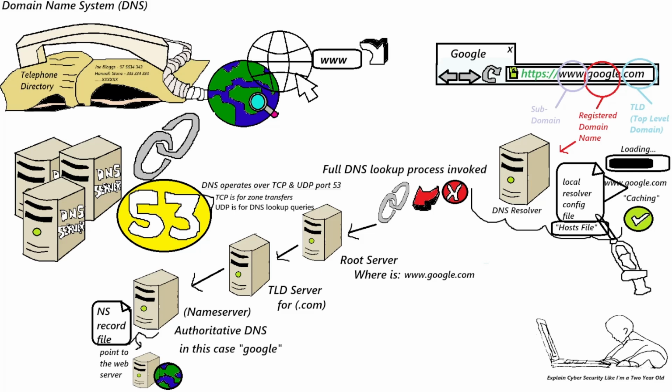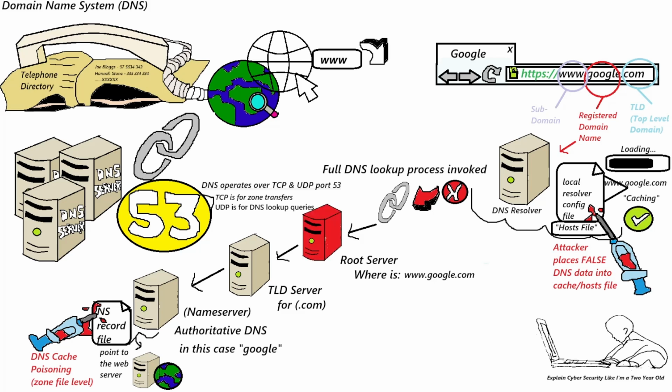And finally, some DNS attacks. Let's imagine that the DNS host file or the local resolver file was injected with some false DNS data, which we now know would be problematic throughout the DNS chain. Similarly, if the name server or the name server files, aka zone files, are poisoned, the whole chain could also be poisoned, meaning users are redirected to malicious or pharming sites.